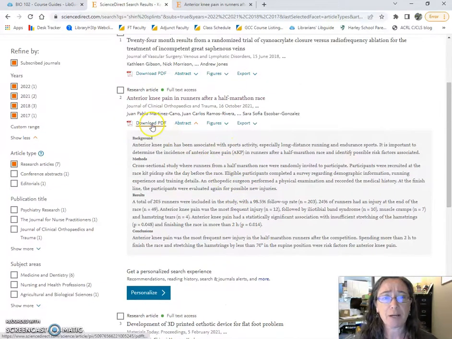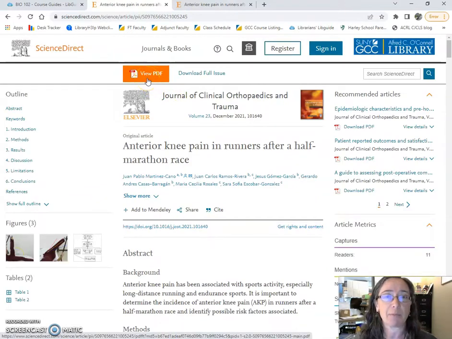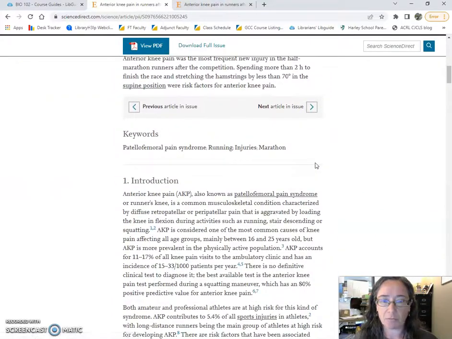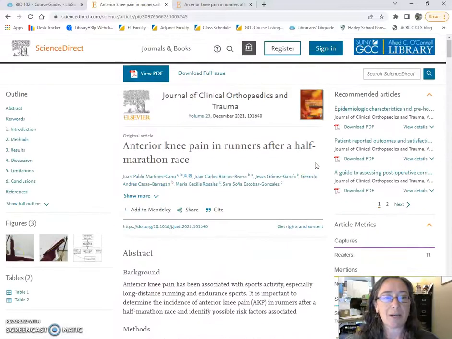And I could either go straight to the download PDF, which is a handy thing to have, especially for your APA citation, which you will be doing, or I could click on the title of the article because I can still get to that PDF. It's at the top of the article. And here is my article. If I scroll down, I will get to, there we go, step 1, the introduction. All of this article is actually broken down. Over on the top left, I could just hop to various sections and read those parts, but you will have to read the whole article. But you don't have to read it in order. You can read it in any order you like.